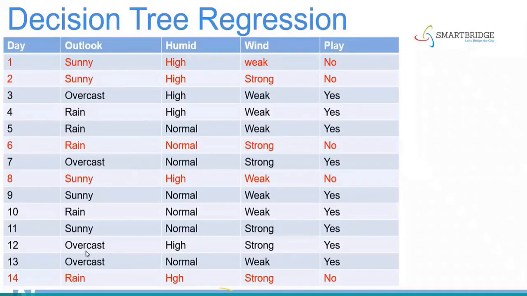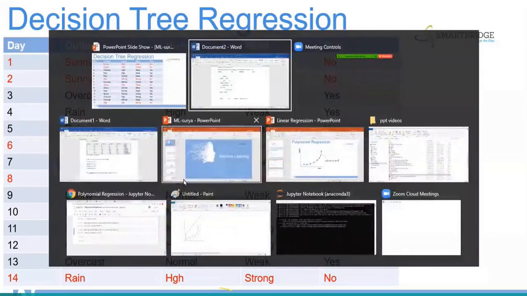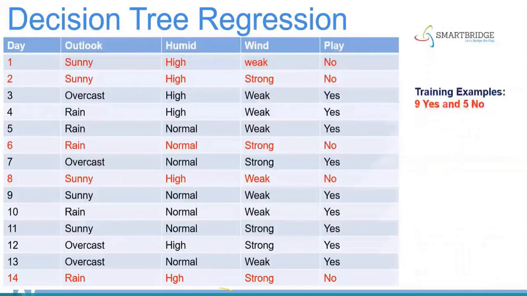For overcast, I have 4 overcast, 5 sunny, and 5 rainy. Yes or no? So now, what I do is, I will take those